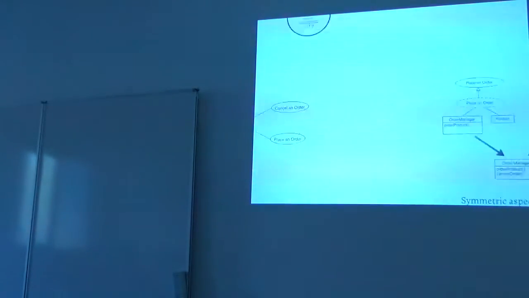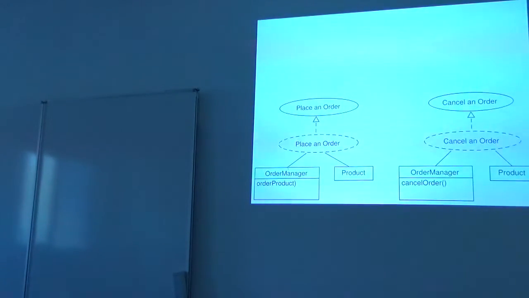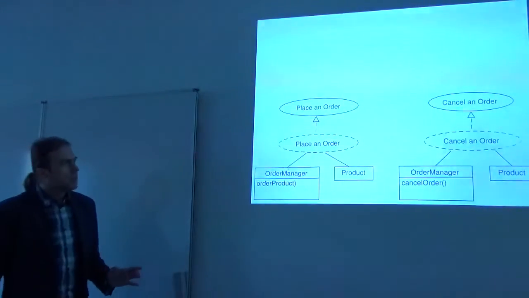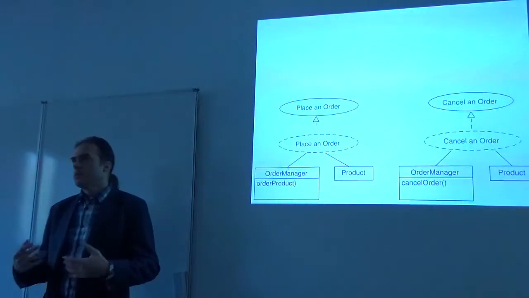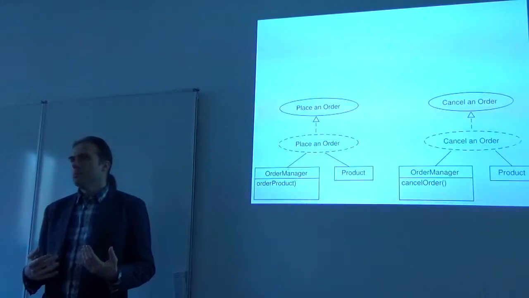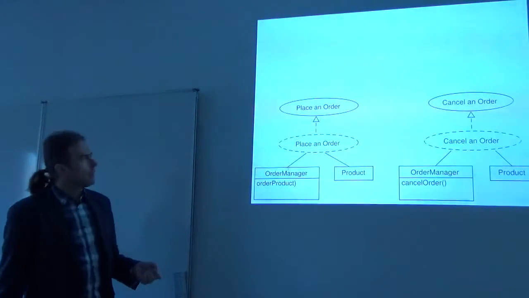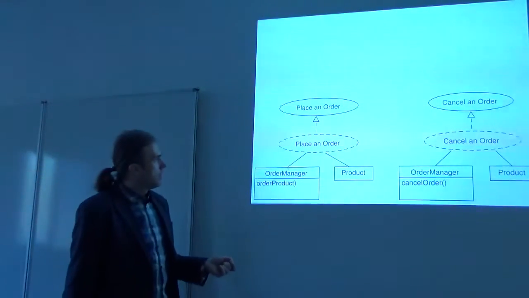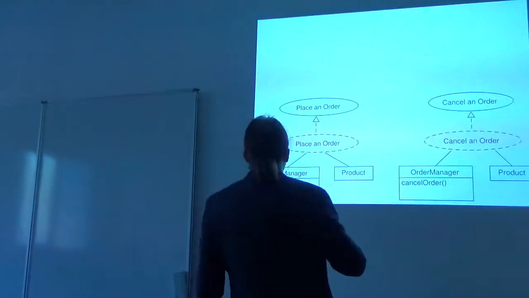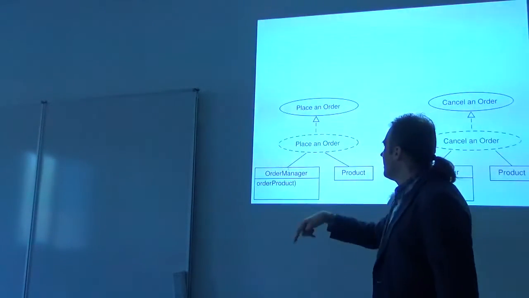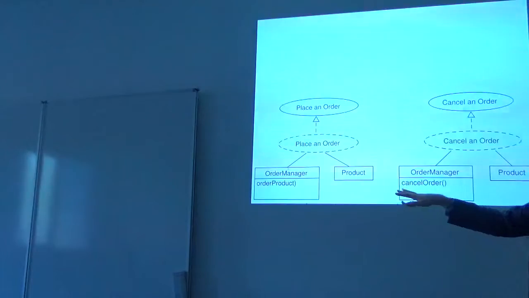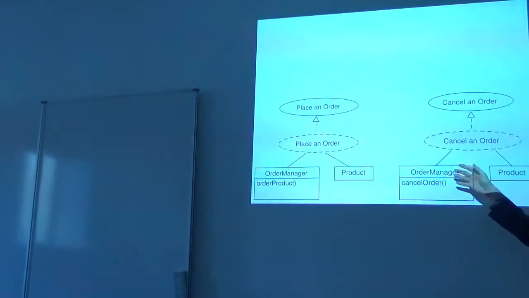If we elaborate on those use cases, we will see that there is some overlapping structure and maybe even behavior, but behavior is actually, I didn't correct this, even here, so order product, one parenthesis is missing, so order product and cancel order, different behavior, but some of the structure is repeated,